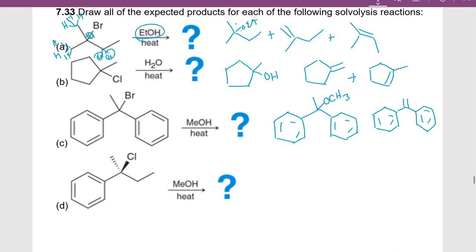And that's this. We can't eliminate at the rings because there's no hydrogens there, and those are aromatic. They're not sp3 hybridized either, so can't eliminate there. All right, so for the next one, we have two hydrogens here, and we have three hydrogens here. So we can eliminate at either one of those